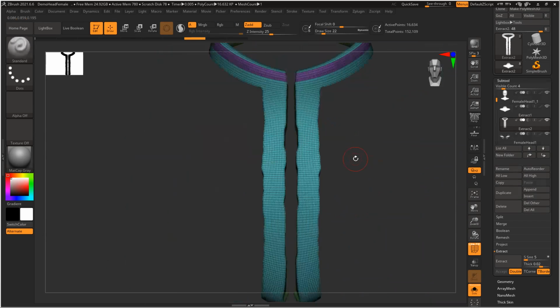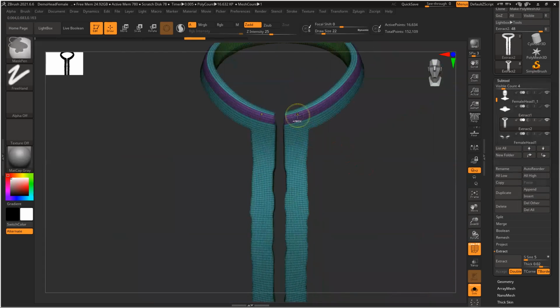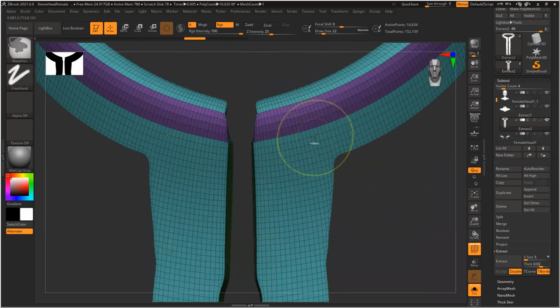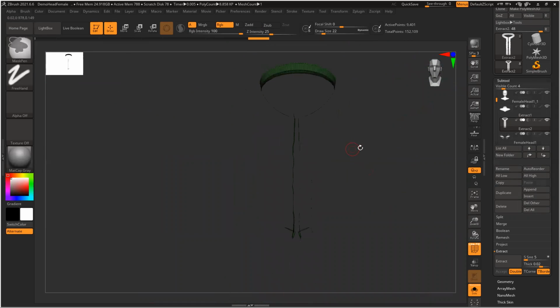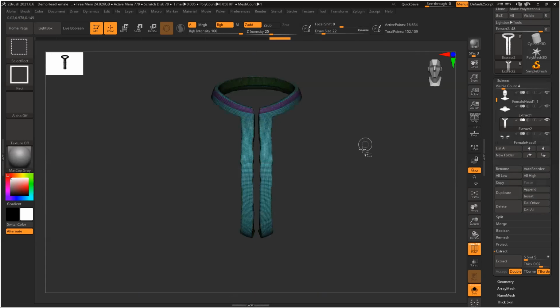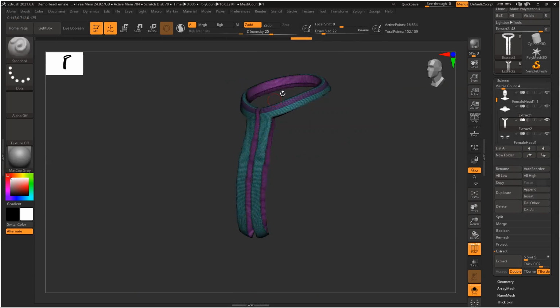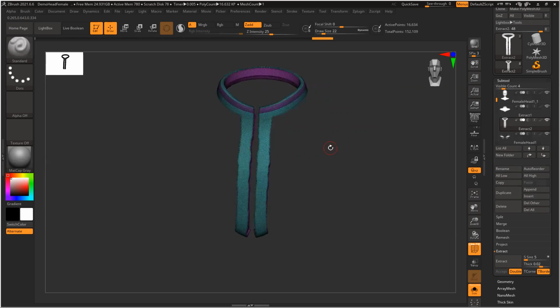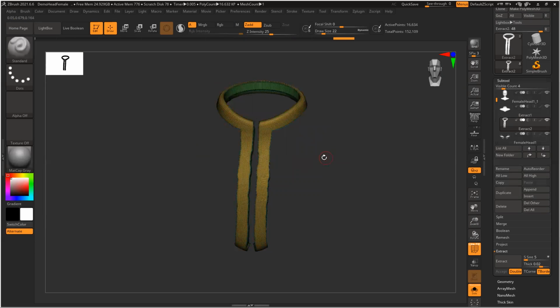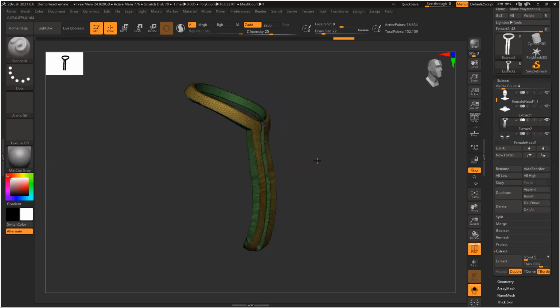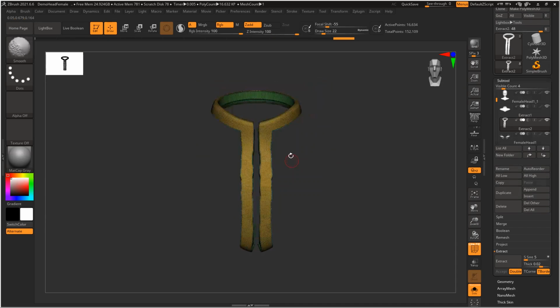So okay, these two select together, mask, unhide, Control W. So I can create this entire thing as one polygroup. Okay, Control W. This entire thing becomes one polygroup.